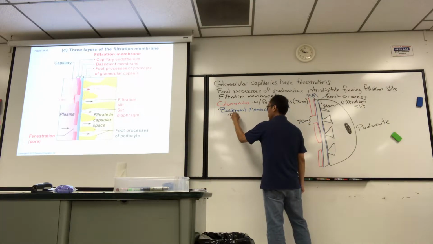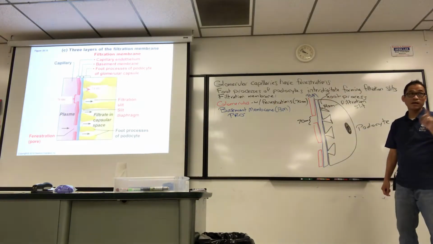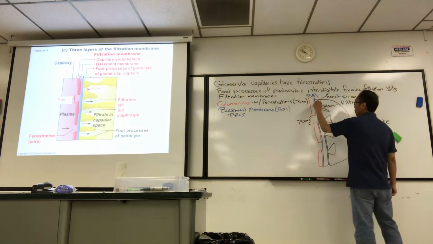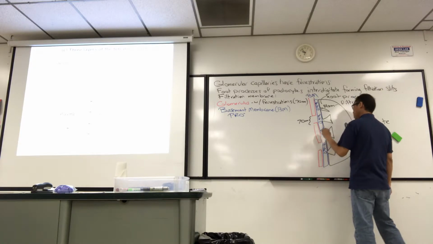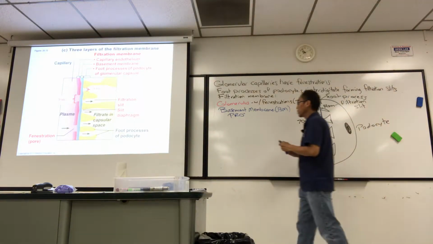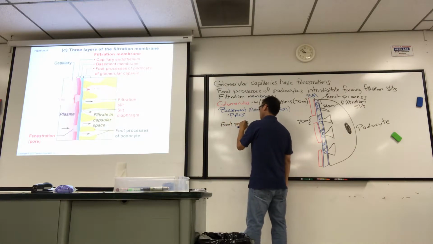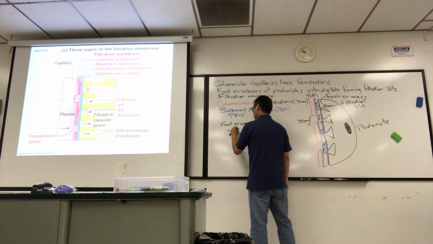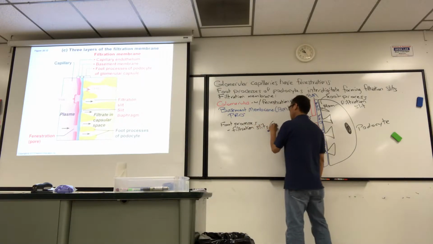Like all connective tissues, they're rich in proteins. I put a little negative sign because proteins usually carry a negative charge. So imagine a connective tissue layer with a lot of proteins in it, which are negatively charged. And then you have the foot processes, which comprise the basement membrane. Like I said, filtration slits are a slit that's about 14